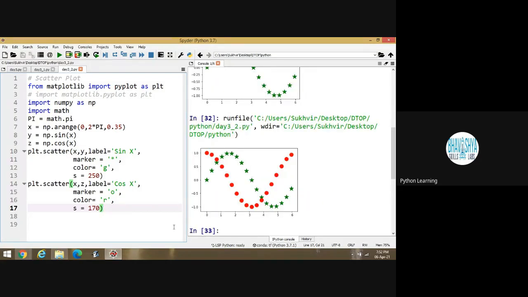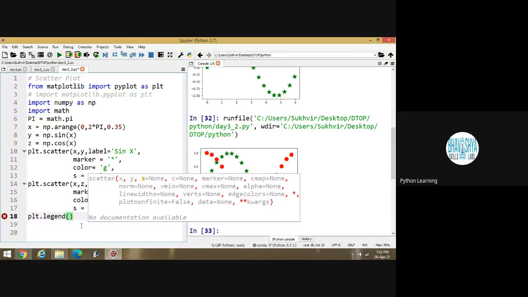Look at this one. You can draw two contents. Two graphs are there now. One graph is sin x and the second graph is cos x. Now, what is the meaning of label here? Label is not applicable in this case. For application of label, we have to write plt dot legend. There is no need to write anything inside legend because I have already declared labels here.